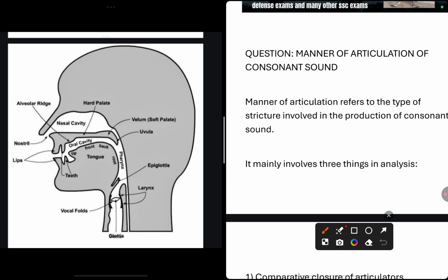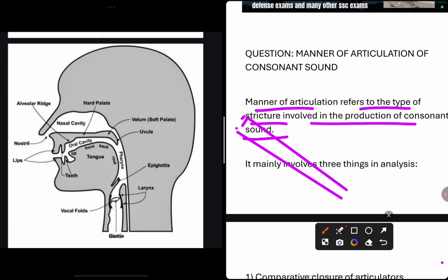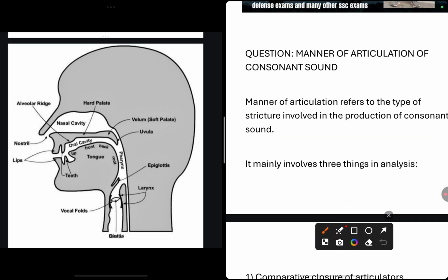Now what does manner of articulation mean? Manner of articulation refers to the type of structure involved in the production of consonant sound. Now what does this structure mean? This structure means the kind of